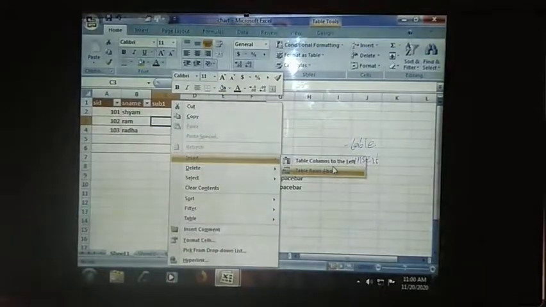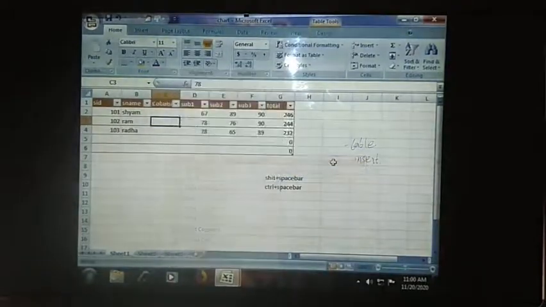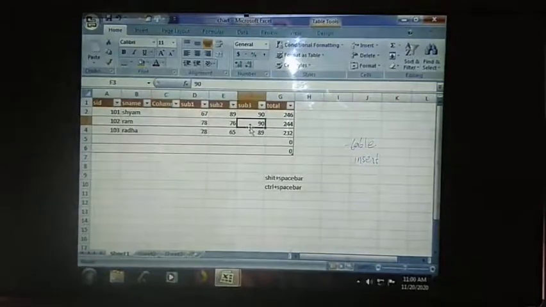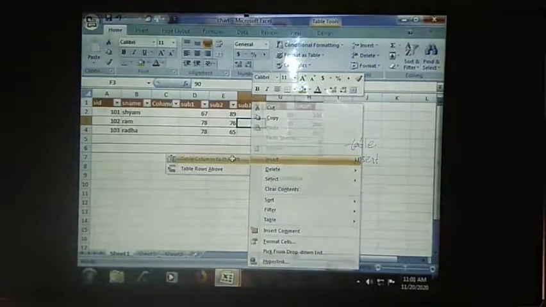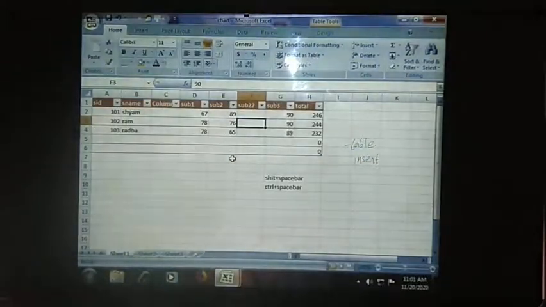Okay, like this you will be having the options. When I choose the option here, then I can have the column on the left. Like this we can insert the columns by using the shortcut menu.